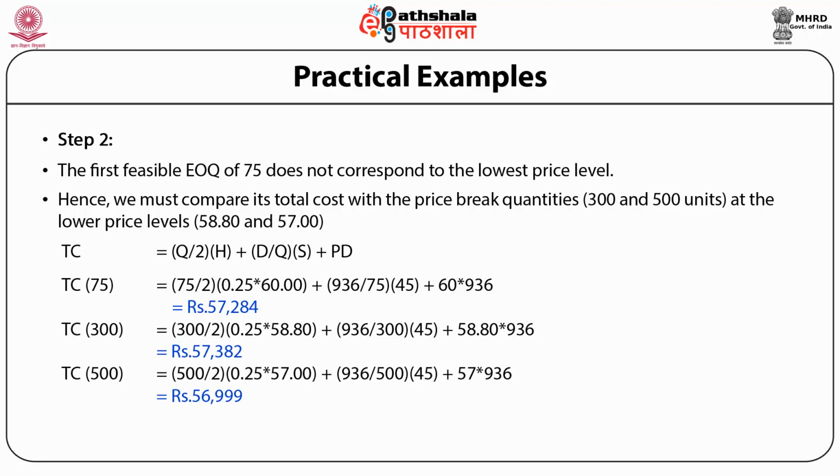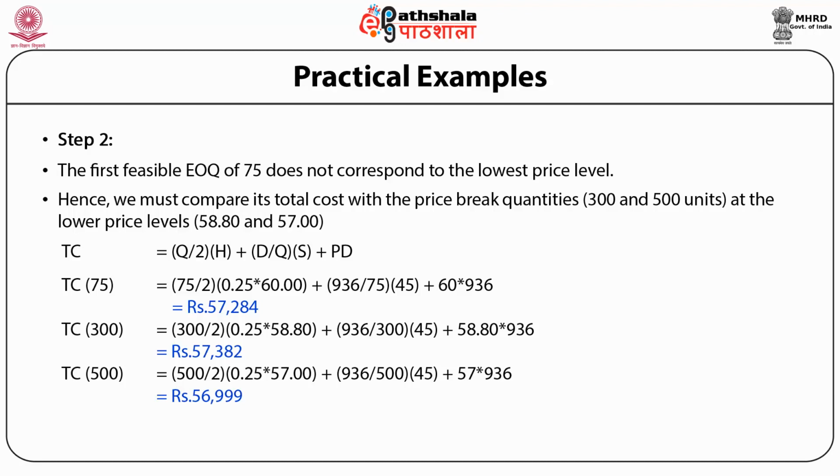Total cost equals Q upon 2 into H plus D upon Q into S plus PD. Total cost equals 75 upon 2 into 0.25 into 60 plus 936 upon 75 into 45 plus 60 into 936 equals rupees